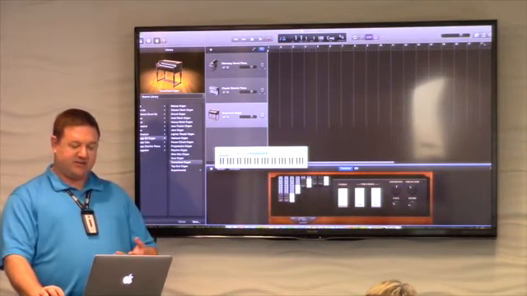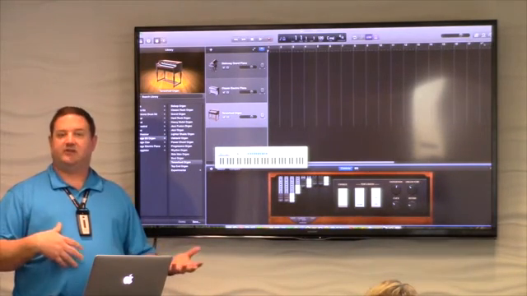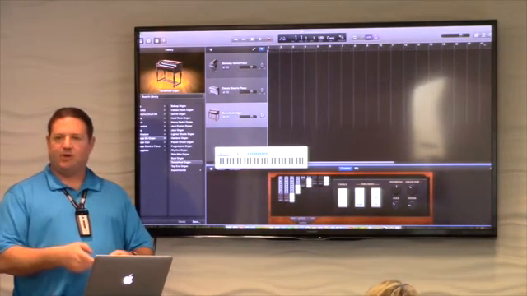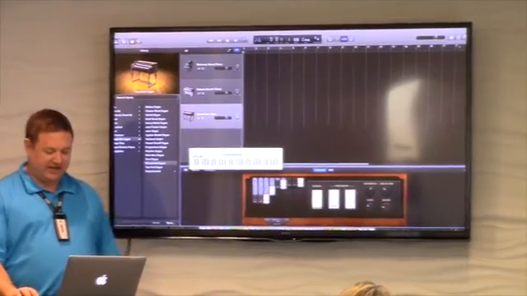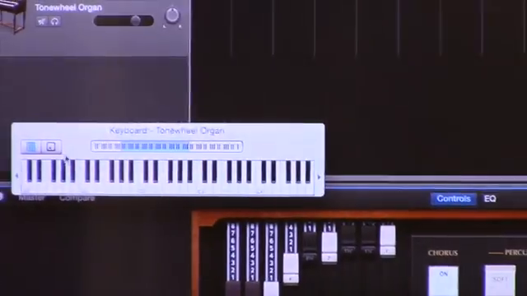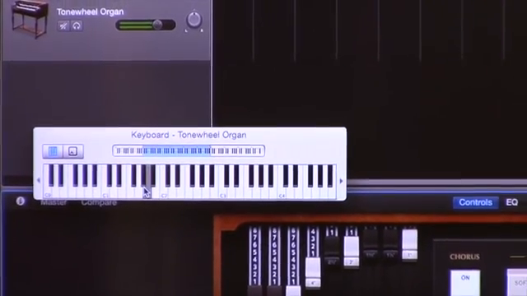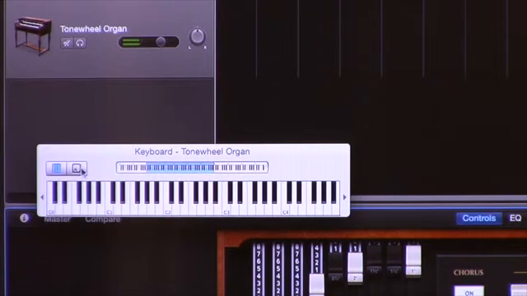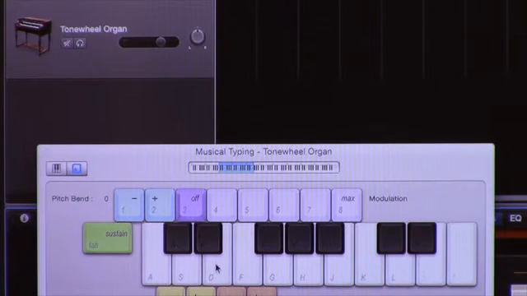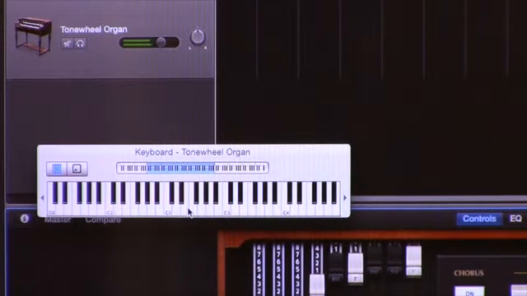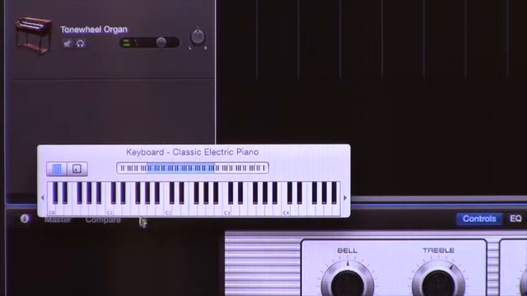So now there are two ways that you can input, either with the keyboard, this keyboard that's on screen, and there's two different sizes. There's a full keyboard, or it gives you a smaller keyboard option. Or I can go to the electric piano